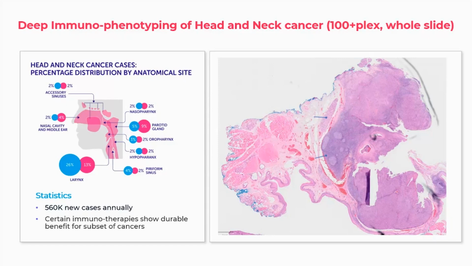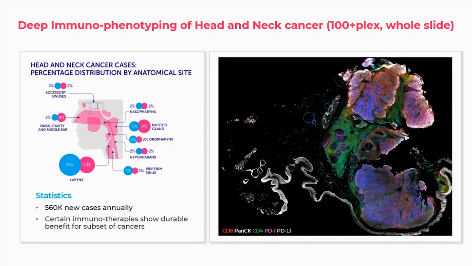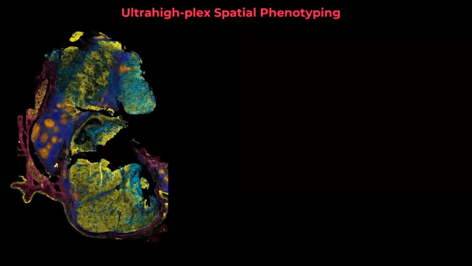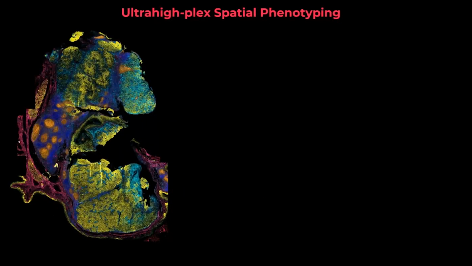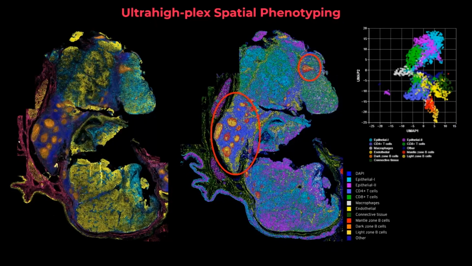So this is an H&E section, and we can look at the cellular architecture directly on the tissue using these spatial approaches. Where it got interesting for us is we can do the multiplex IF imaging, but then based on the co-expression of over 100 markers, we can now cell annotate them into this sort of atlas. What you see in the yellow and red in the middle is normal tonsil, but what you see at the top right is a tertiary lymphoid structure specifically infiltrating that bit of the tumor at the top right.